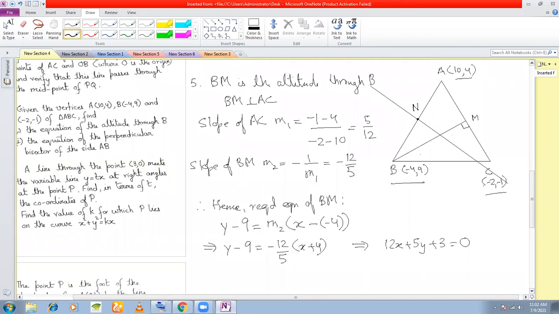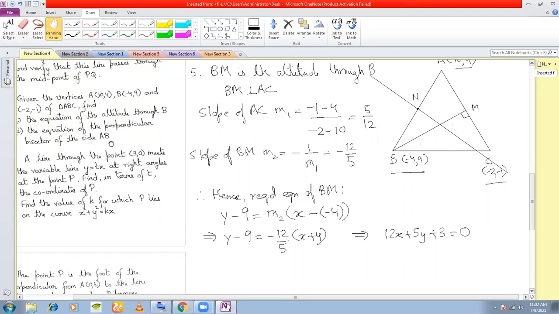So what should be the equation of the perpendicular bisector? You know the point N, right? By the midpoint formula, you can find out the coordinates of N. Once you have the coordinates of N, do you know the slope of the perpendicular bisector? Yes, you can. You can find out the slope of AB, and since the bisector is perpendicular, you take the negative reciprocal of the slope of AB to get the slope of the perpendicular bisector. So let's first find out the coordinates of N.